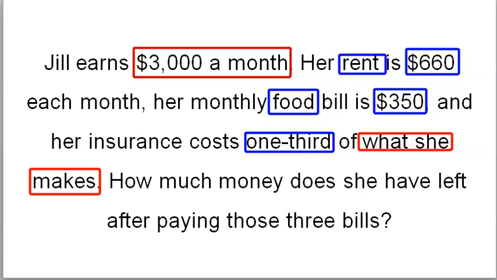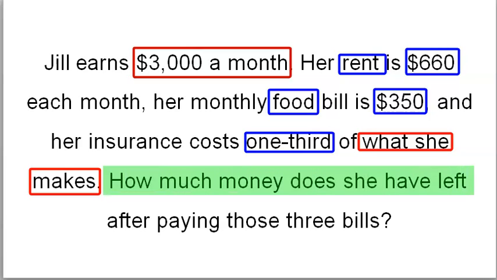Can we replace that "what she makes" with a quantity? So I want you to think about what quantity we could possibly fill in there. And then the question that we're trying to solve is how much money does she have left after paying those three bills? So she has $3,000. She pays $660 for rent, $350 for food, and then one-third of, think about that, one-third of what she makes. So think about what we could fill in that portion where it says what she makes. What would that quantity look like? And what would that entire